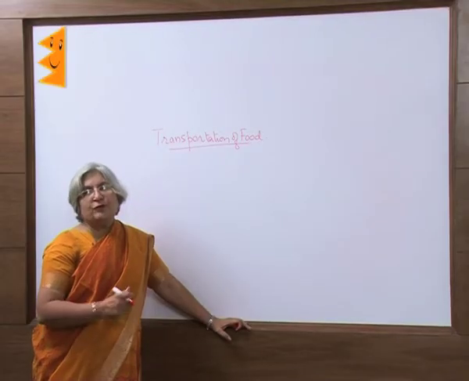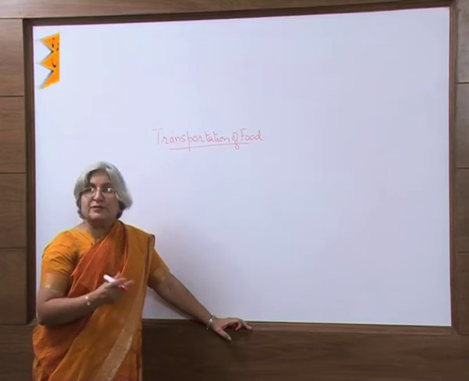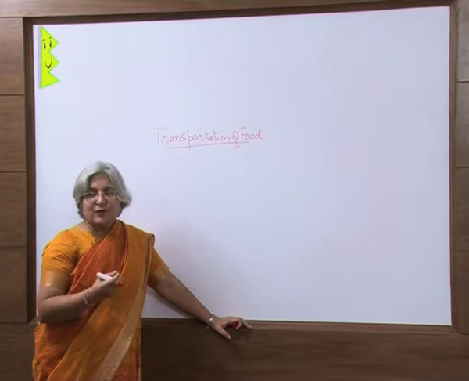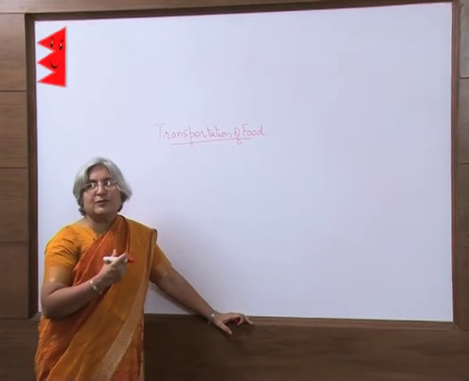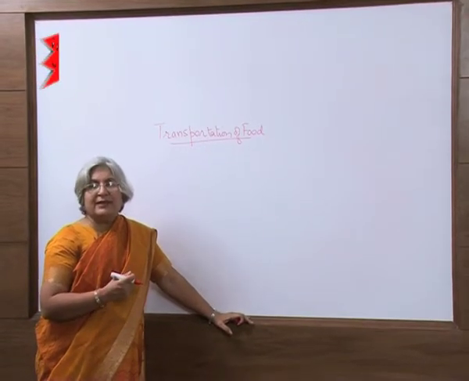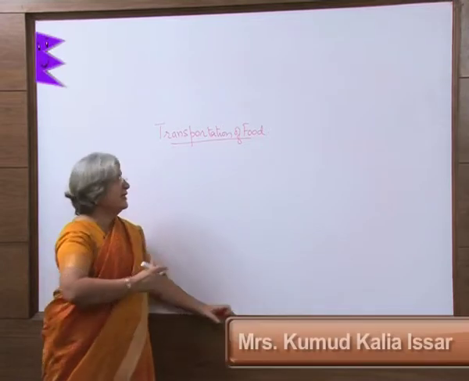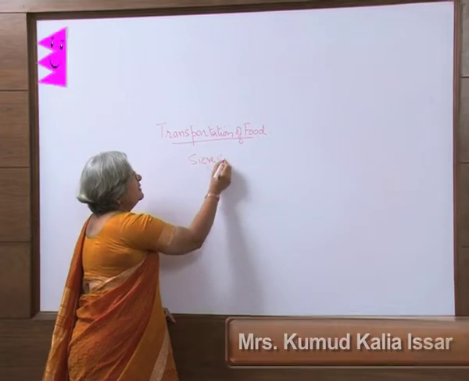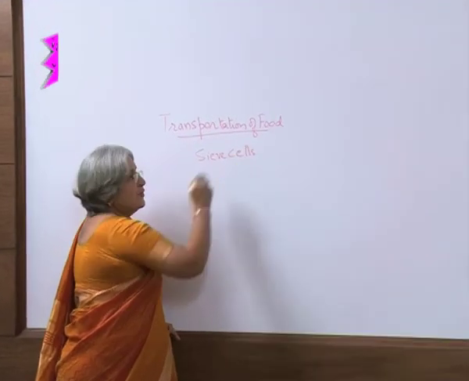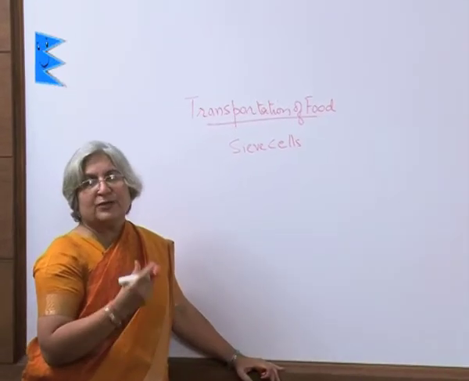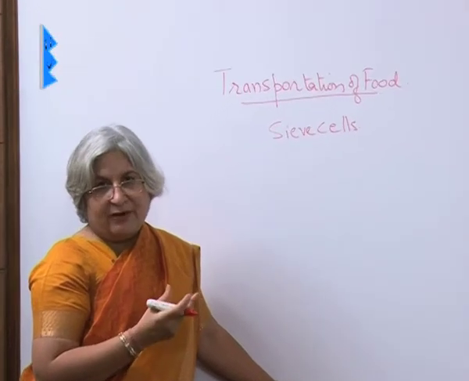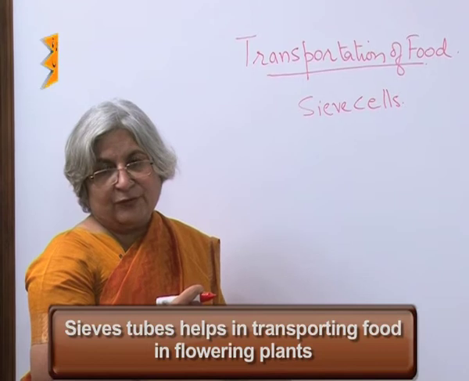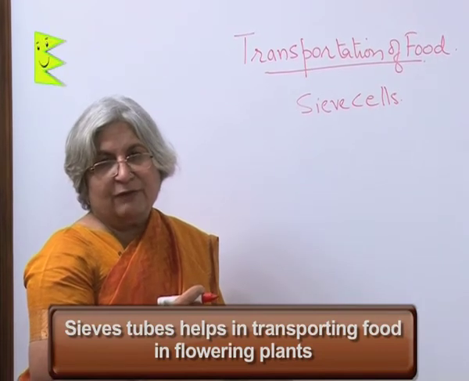Now, how is food translocated? Food is manufactured in leaves, but every cell needs it. So, obviously, there has to be transportation of food. In the case of non-flowering plants, they do not have sieve tubes, they have only sieve cells. So, the transportation takes place through them. But as we have already discussed, in the flowering plants there are sieve tubes and they are responsible for transportation